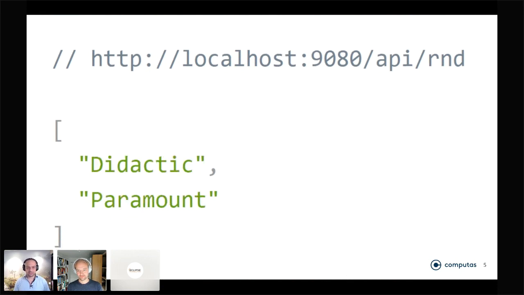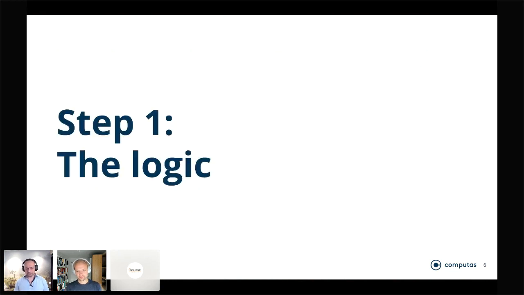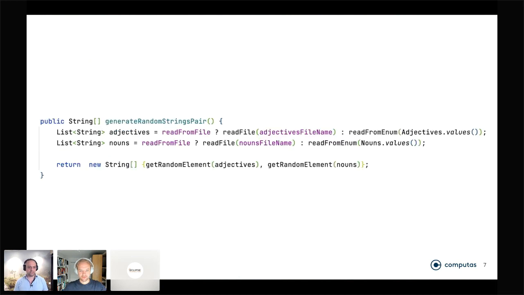And you refresh that again, it will give you another set of words. And well, should we talk a little bit about the logic? So the logic is very complicated. You can see the logic of the application is like three lines of code. Of course, there are some method calls here and so on, but the logic is: read the list of adjectives, get a random one of those. The same with nouns. So that's it.